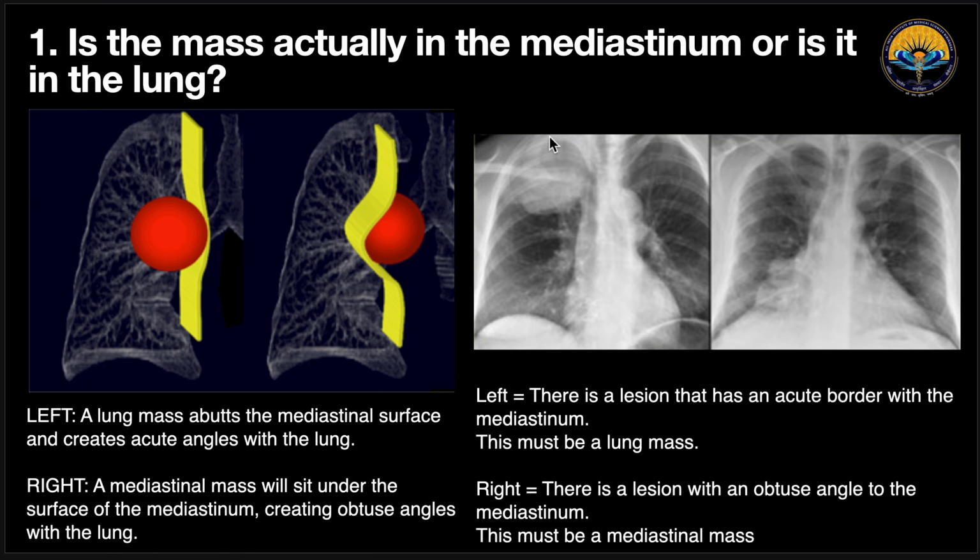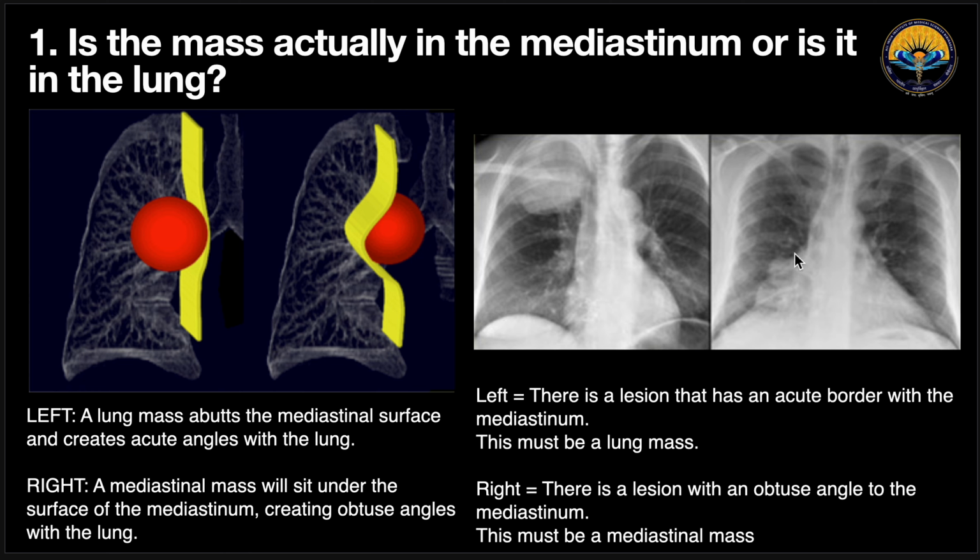So here in this chest X-ray, we can see some whitening over here. The mediastinum appears too white, and this is because there's a mass. There's some mass over here, but we are not sure if it's a mediastinal mass or a lung mass. Then we will see the angle here. We can see the angle here is acute, so this mass is not from the mediastinum, this is from the lung. So this is a lung mass, most likely a lung tumor.